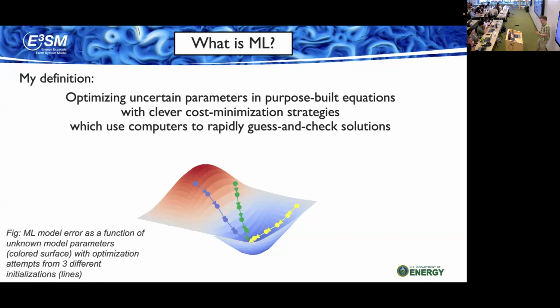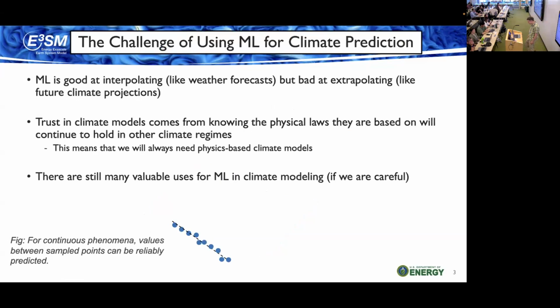And something that I think is not often pointed out, but is actually really obvious, is that AI is this huge thing right now because computers have advanced to the point where they're really good at checking if we give them a guess. And so machine learning is all about really fast guessing and checking in the computers that we have these days. AI is taking over the world, it's taking over climate modeling to some extent as well. But I think that there's a real issue with using AI in climate modeling.